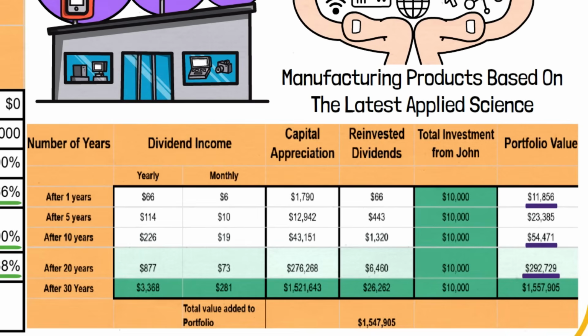By the end of 30 years, John's initial $10,000 investment would grow to $1,557,905, paying $3,368 in annual dividends. The total value added to the initial investment would be $1,547,905, split between $26,262 from dividend reinvestment and the majority portion of